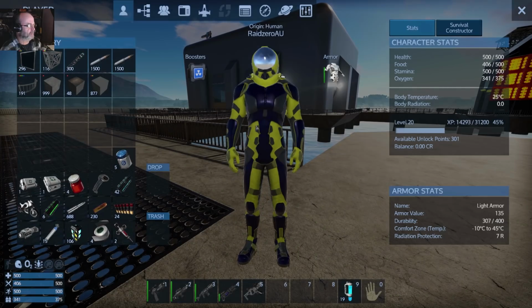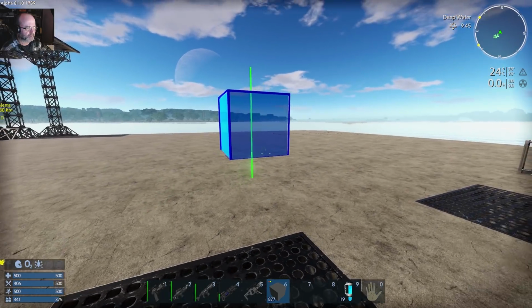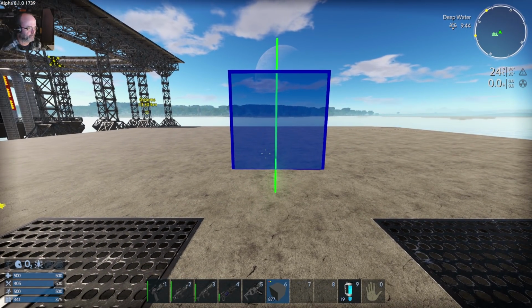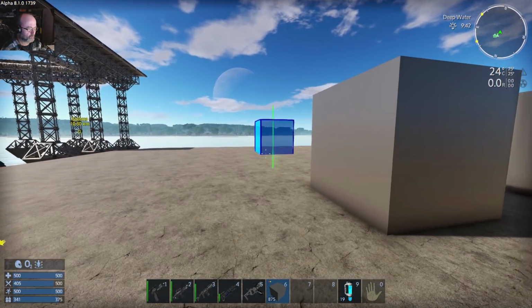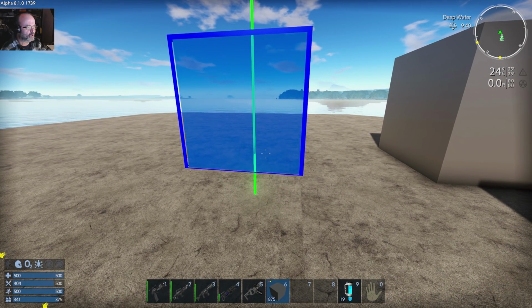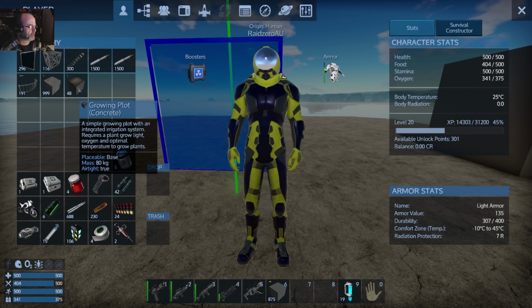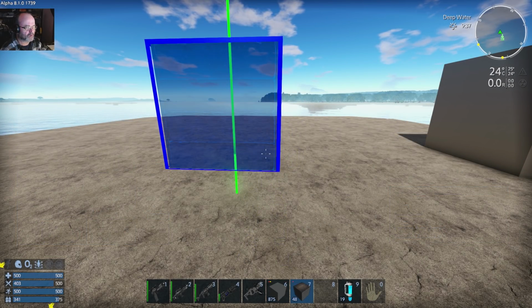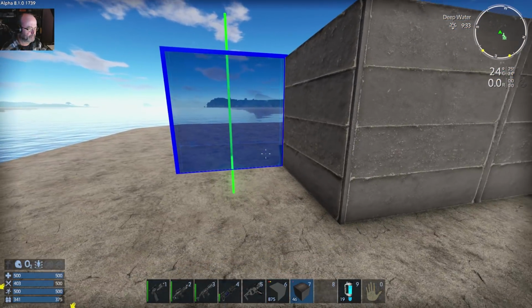So, alright, let's get started. So I'm going to build them kind of... Now let's see, that's going to be the door. So that's the door there. And we want a gap in the middle here to walk around. This is where we're going to want the grow pots, and I want a gap in the middle, so alright, 2,